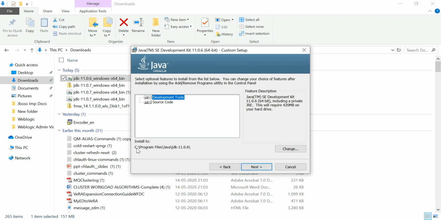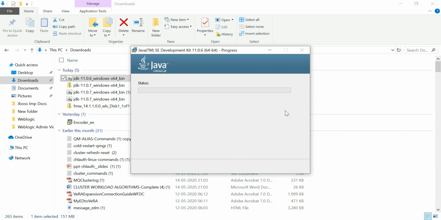Next, this is the default location where it will store the JDK files, the installation path. Next.